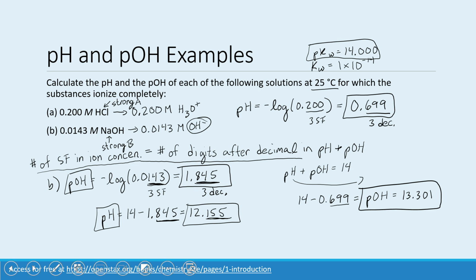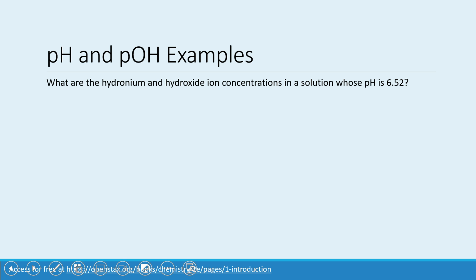Okay, and we've got one more example. In this example, we're using the anti-logs. They're asking what are the hydronium and the hydroxide ion concentrations if we're given a pH of 6.52. So remember that if we're trying to find the hydronium ion concentration, that is going to be equal to 10 to the negative pH. So plugging this in, hydronium ion concentration will be equal to 10 to the negative